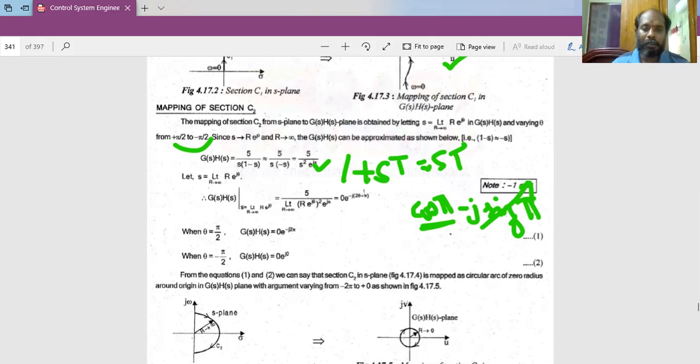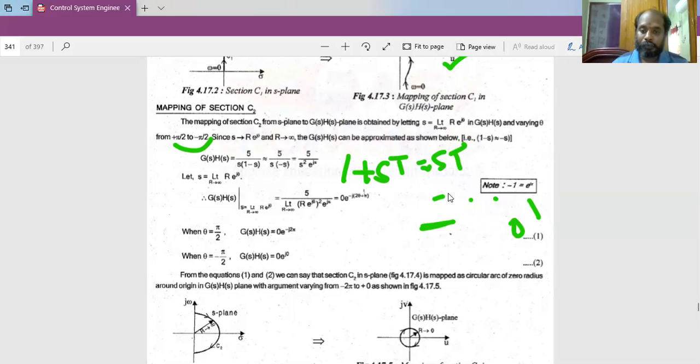It's a typical example, so you can memorize that also. If you get a minus like that, you have to introduce e power j pi there. So this term 1 minus s can be modified as minus s. Minus s multiplied with this s becomes minus s squared. Instead of the minus, you replace it with e power j pi, because e power j pi can be written as minus 1.